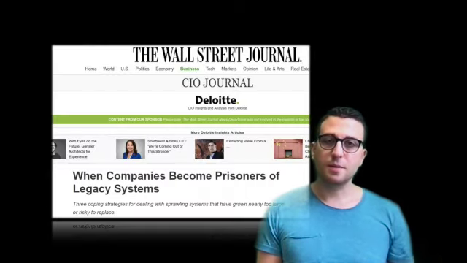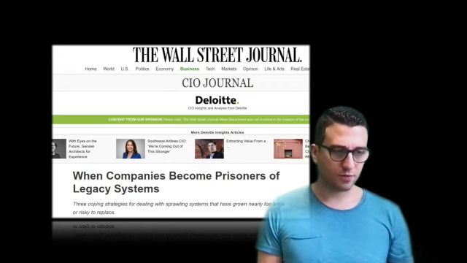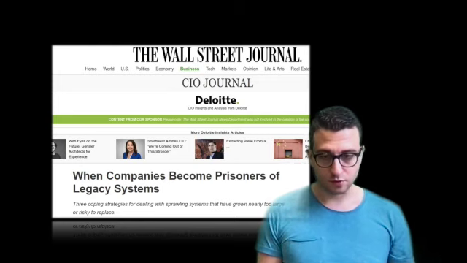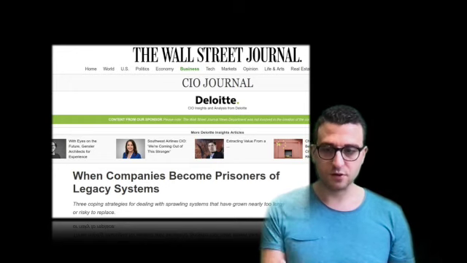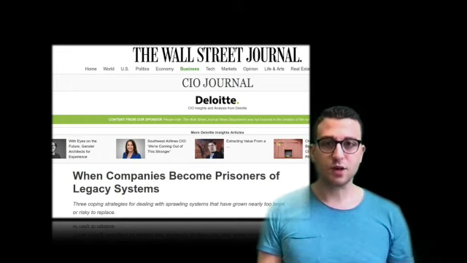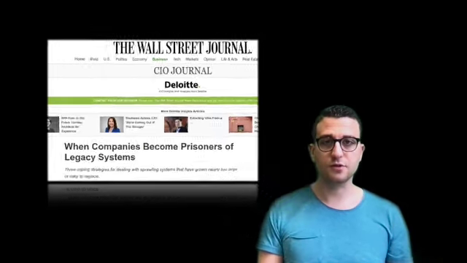All right, so this is kind of a problem, right? Because you have that system there, it runs Steam programs, but you don't want to touch it since it produces value for your company. But on the other hand, it's problematic to keep it running, right? Like in this headline here, companies become prisoners of their legacy systems.